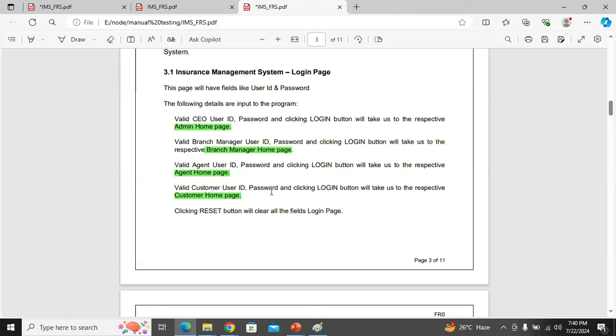And if the customer ID is not working, or the customer password, even though you are giving a valid one, you are not seeing the customer homepage, then it is a bug. So what else do you want? You can test any kind of application. Here we are not seeing any code. What code is written,